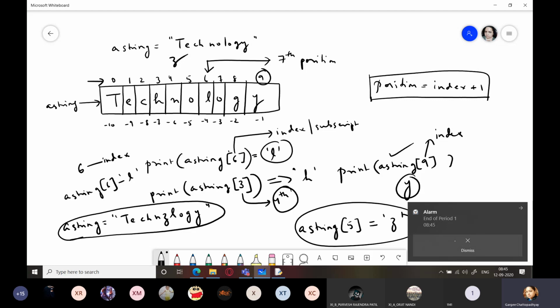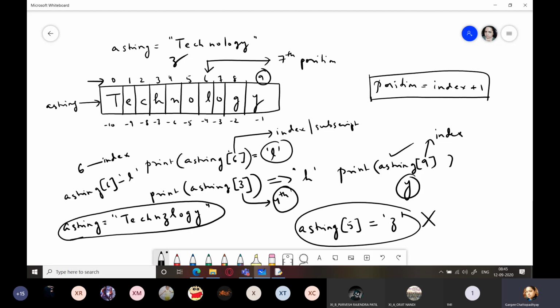So what will happen in your memory somewhere? Right now, a string was pointing to this. Somewhere in the memory, this new technology string would be created. A string would start pointing to that, and this association will be broken. Understood? So this is what immutable data types are. In your next class, we will be discussing mutable data types, right?